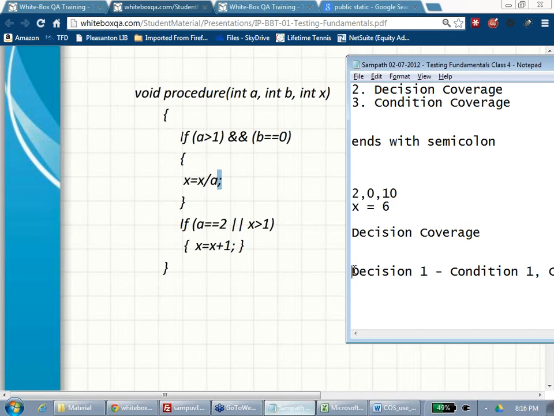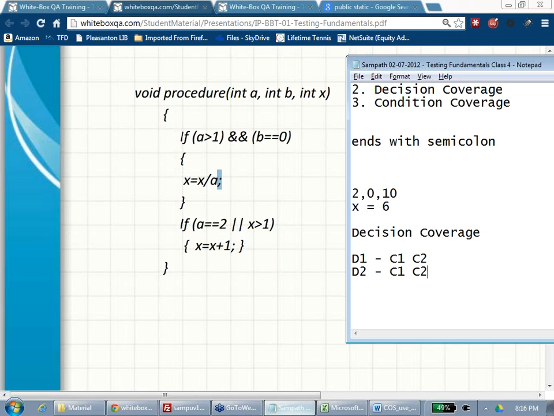Actually, let's try DC like that. Decision 1 has C1, C2. And decision 2 also has C1, C2. So there are two decisions in this program.